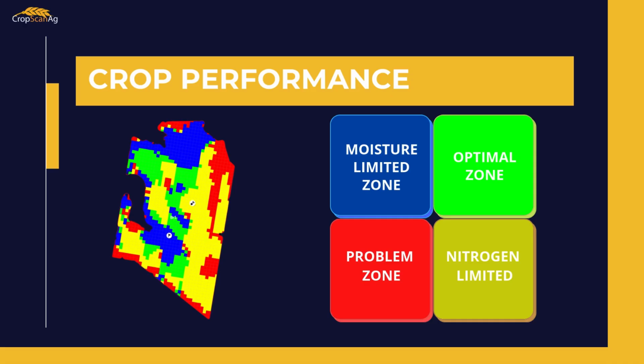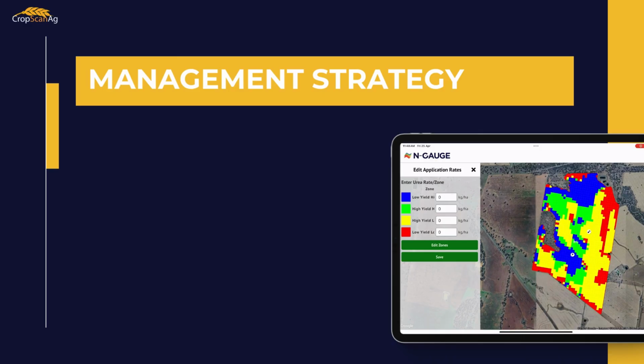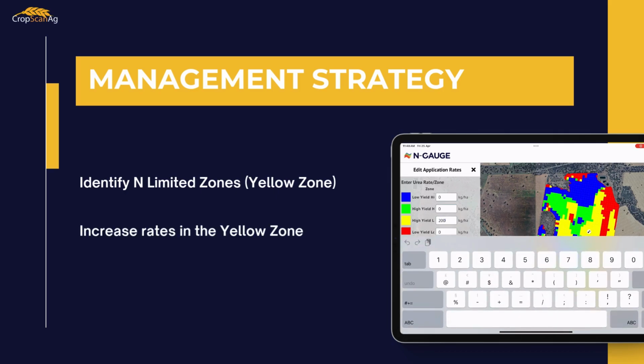These field performance zones identify where nutrition or moisture is limiting yield. So, from here, you can begin to make smarter fertilizer decisions. Start with identifying the N-limited areas of the field or the yellow zones. Now, using a fertilizer variable rate strategy, you can increase rates in the yellow zones and decrease in the blue